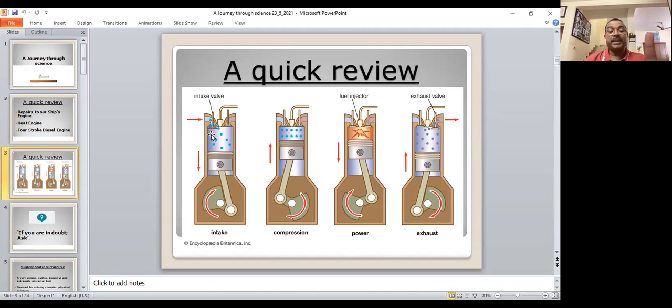Now what we do is the valves are closed in the cylinder head, or in the top portion of the cylinder. There is a portion we call the cylinder head. So the valves in that portion are closed. So it is a closed compartment, and we are compressing the collected air.